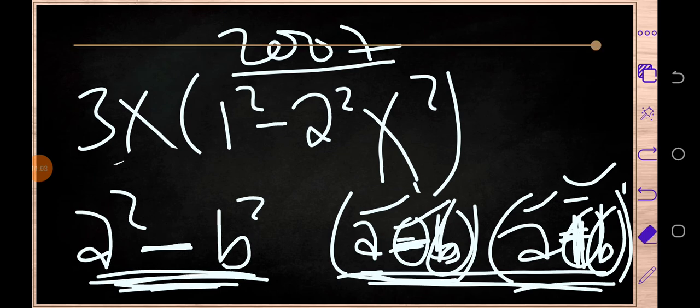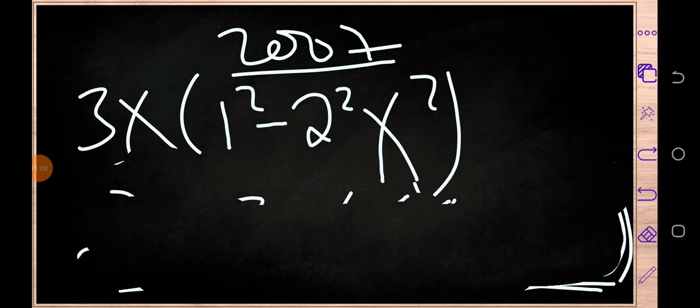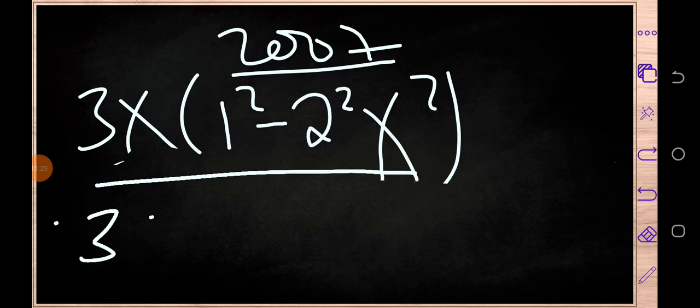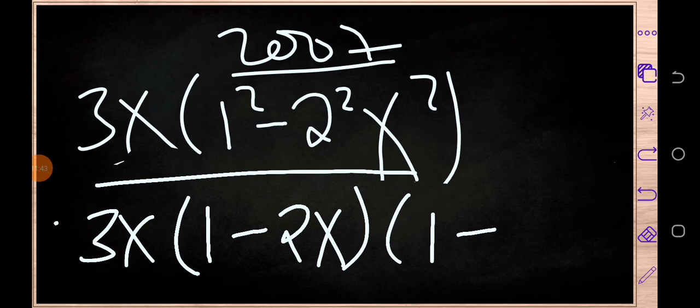So whenever you are factorizing using the difference of two squares, you need to know that you have to write different signs in different brackets. Okay. So having explained that, we are going to proceed. We are going to factorize this using the difference of two squares. So we are going to write our 3x right over here. Then here we're going to just have a 1 minus 2x. The other bracket we're going to contain 1 plus